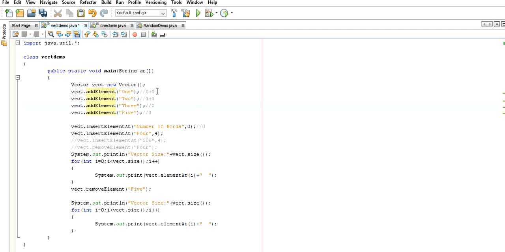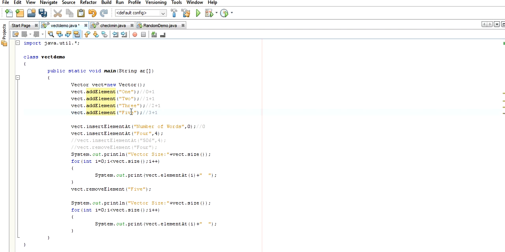The position of 3 value moves by 1. The position of 5 value moves by 1. So after we insert this element, the position of 1 is 1, the position of 2 is 2, the position of 3 is 3, the position of 5 is 4. So all the elements shift right one after another automatically, which does not happen in an array.